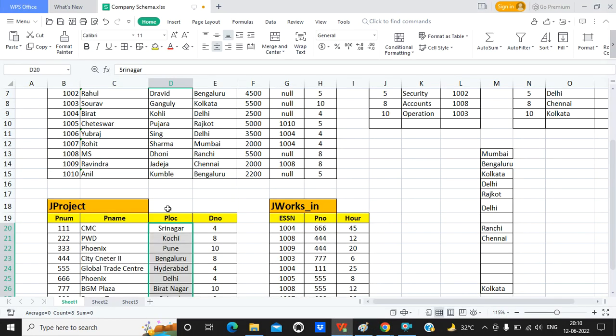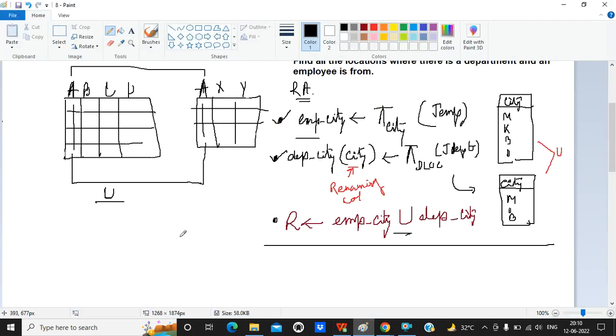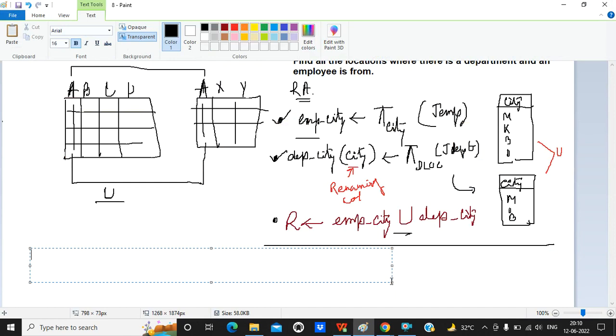Last one. I described that union can be performed between multiple tables. Now union can also be performed on a single table. It's a variety of union. But the attributes should be the same. See here, select all employees